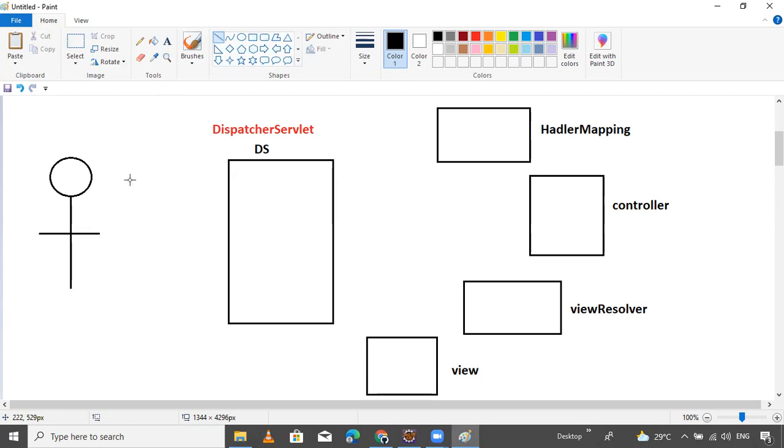Client gives request. Client generating the request to change the color. Which color is good? This one. No, this is not good. Oh, this one is good.